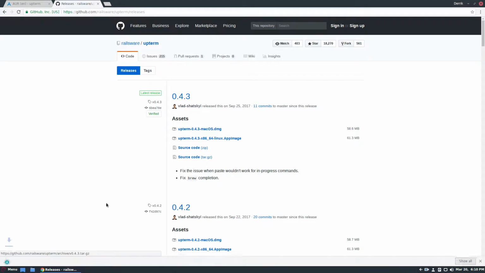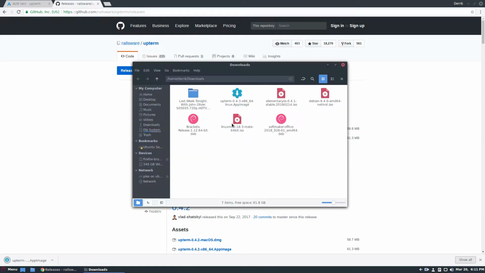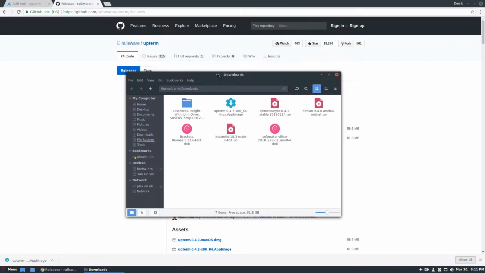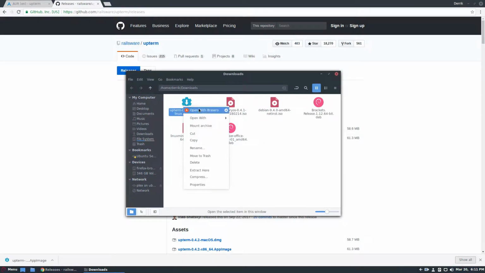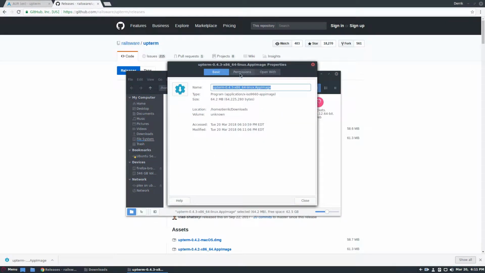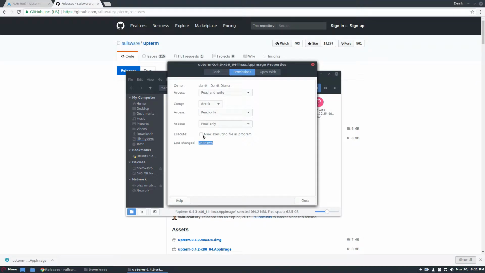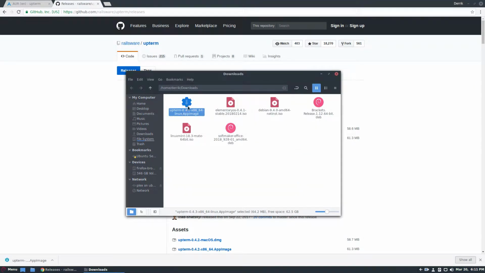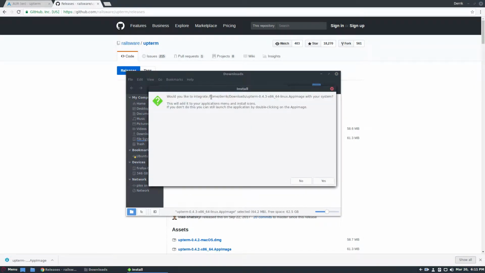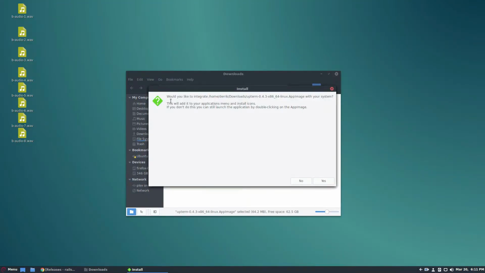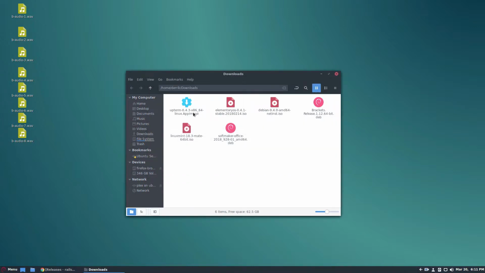So once I download this program here, and you may remember app images because when we talked about the Etcher app on here, we did that too. But here's the app image. So we can right click and then click properties, and then we just do permissions, allow executing as a program, and then we just click open. And what it'll say now is, would you like to integrate home Derek Upterm app image with your system? So I'm going to say no because I don't want to run it from my downloads folder, but